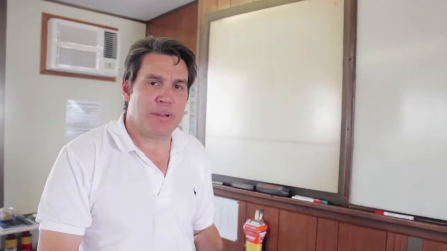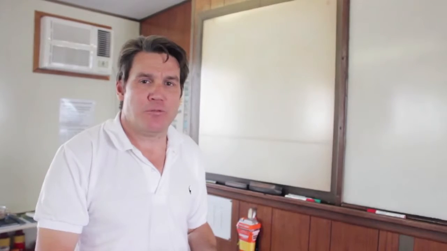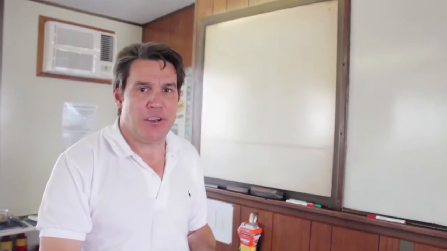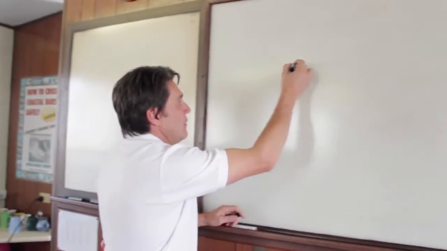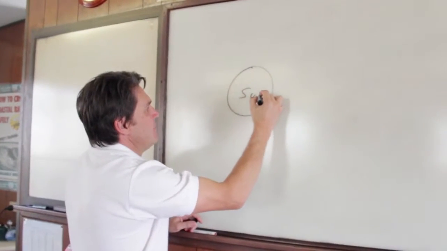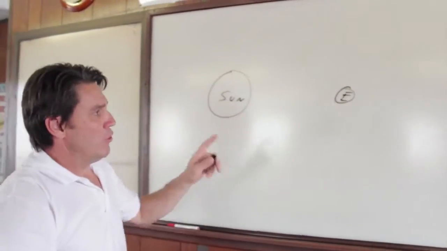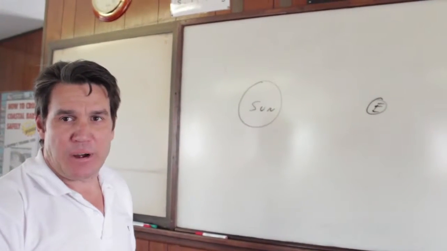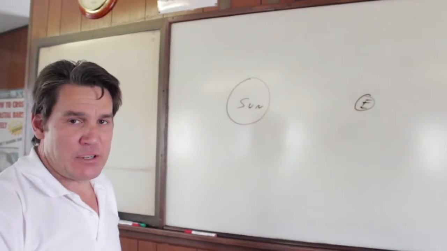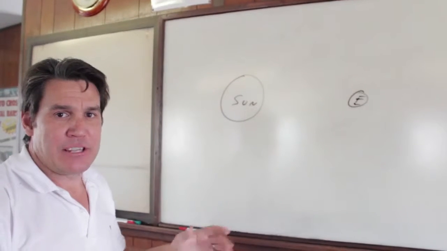Just to go into a little bit more detail on tides without getting too complicated, tides are caused by the gravitational forces of the sun, the moon and the earth. Have a bit of a look up here. There's the sun. There's the earth. We all know the earth takes 1 year to go around the sun. Then the moon rotates around the earth every 28 days, giving us 4 moon